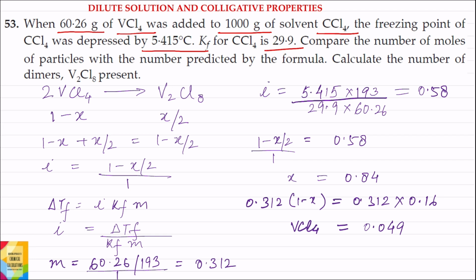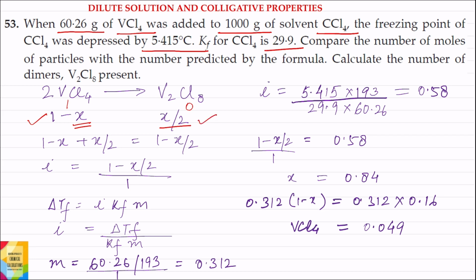Now VCl4 associates to form dimers, means two molecules of VCl4 will form one molecule of V2Cl8. तो initially अगर 1 mole of VCl4 present था तो before association moles of V2Cl8 था 0. अब out of 1 mole x moles of VCl4 associate कर गया to form x by 2 moles of V2Cl8. So after some time moles of VCl4 remaining is 1 minus x moles and moles of V2Cl8 formed is x